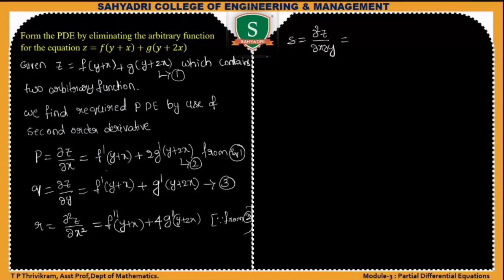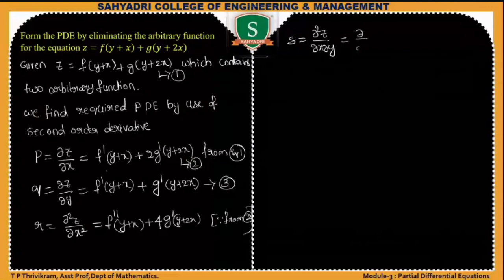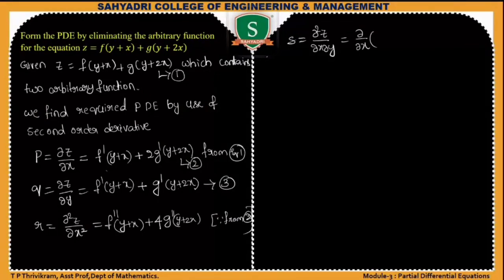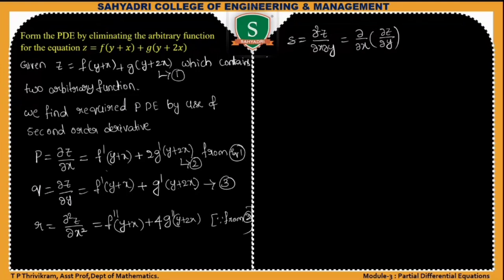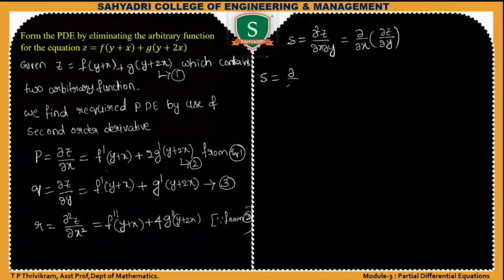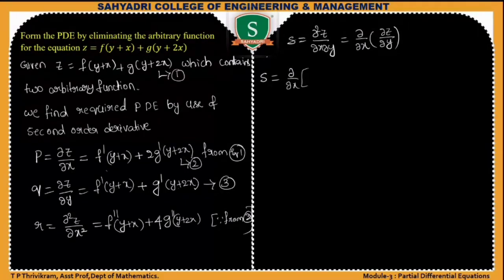How will you find this? ∂²z/∂x∂y. This can be written as ∂/∂x of ∂z/∂y. So s is equal to ∂/∂x of ∂z/∂y. From equation 3 we will have